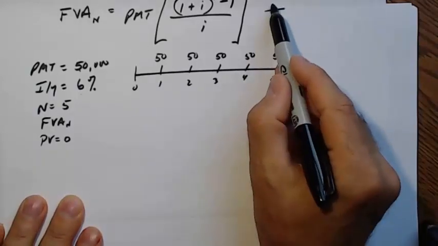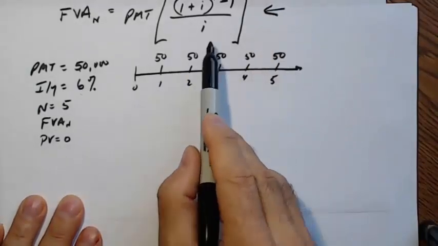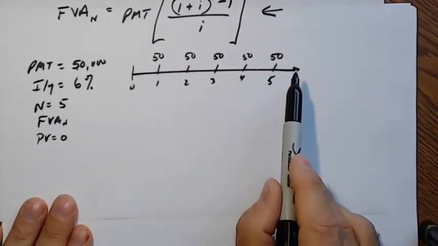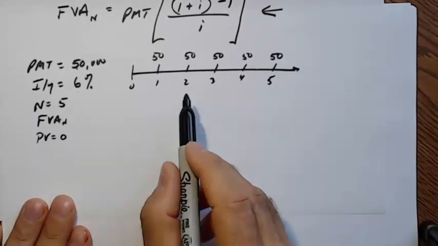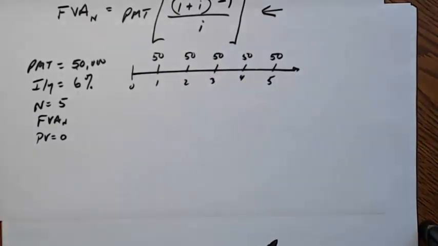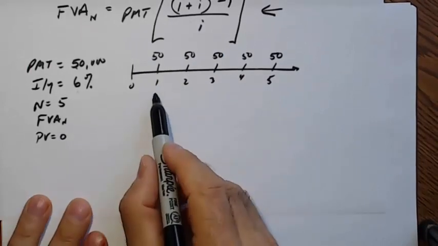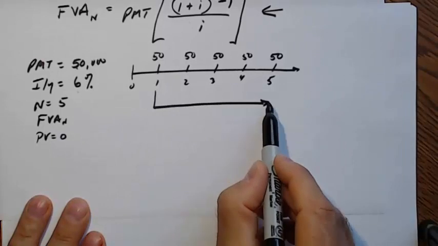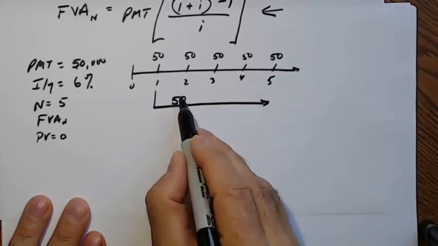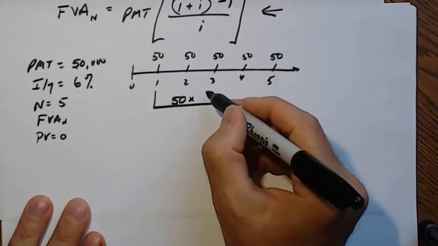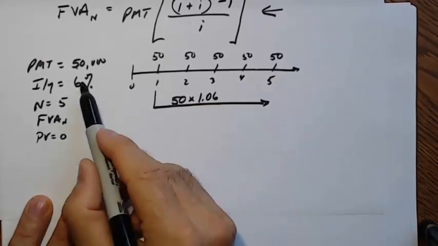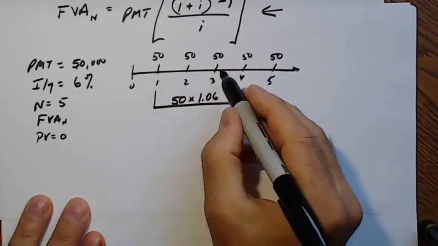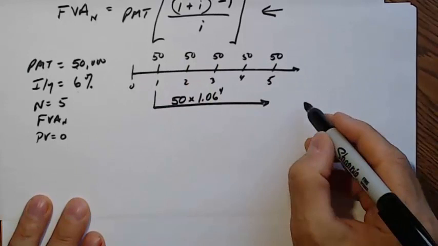Now, what I want to do is I'm going to show you that this formula works. And so this is a nice shortcut formula because, boy, if you had 30 years, you'd have a long timeline and a lot of calculations. So let's see that this works. So let's take this 50,000 and treat it as a lump sum. If you took this $50,000, and you multiplied it by the 1.06, 1 plus that interest rate, and you went 1, 2, 3, 4 periods, it would be worth